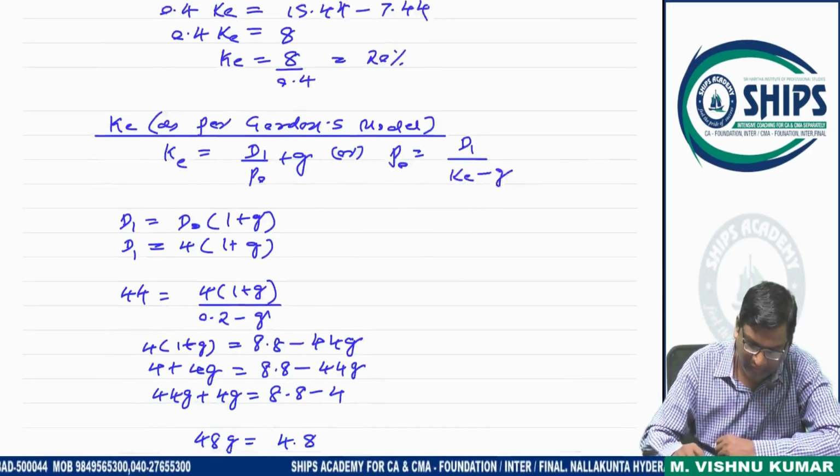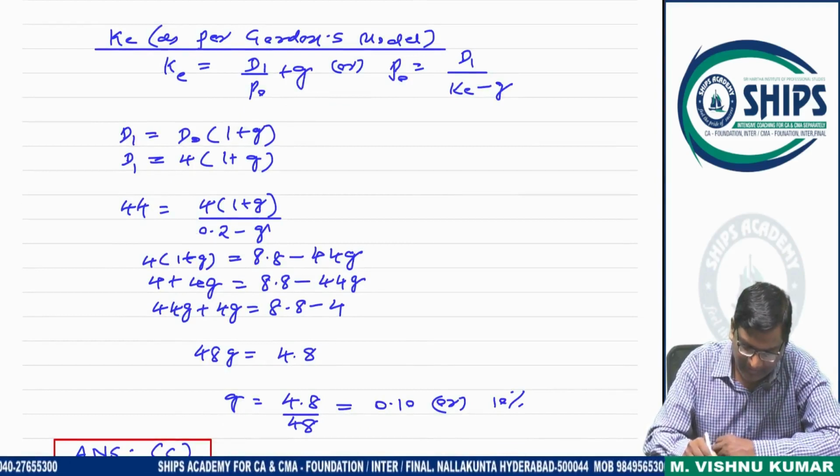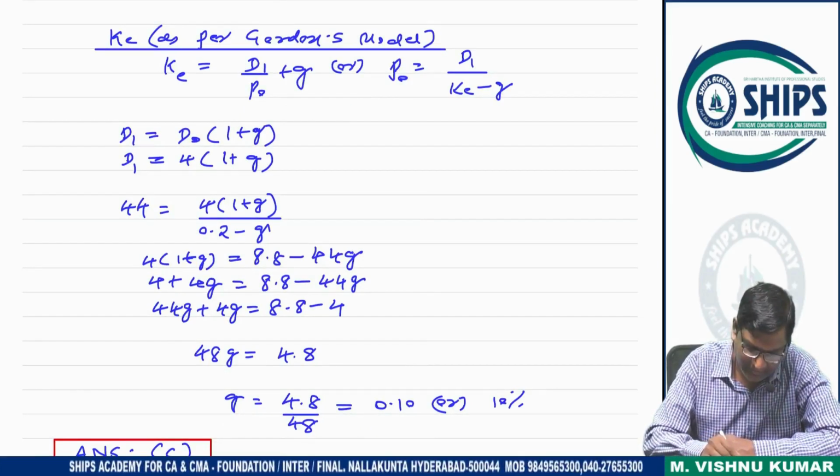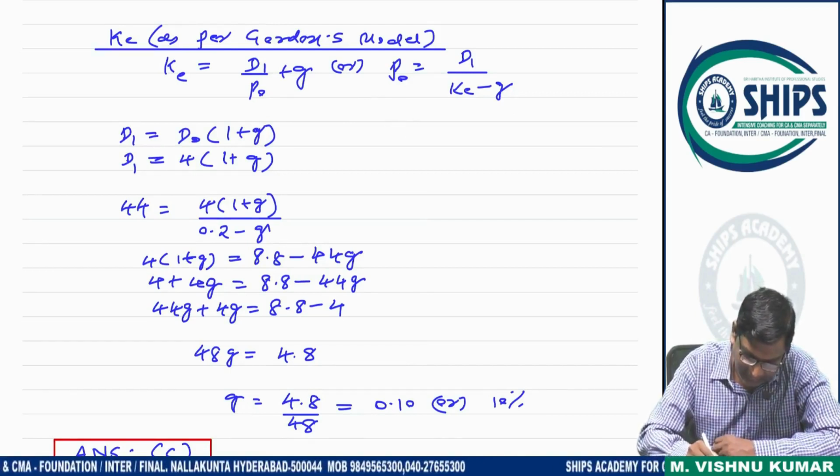KE as per Gordon's model is D1 by P0 plus G, or P0 is D1 by K minus G. But D1 is D0 into 1 plus G. So D1 is equal to 4 into 1 plus G. So we are substituting in this formula because we have to calculate